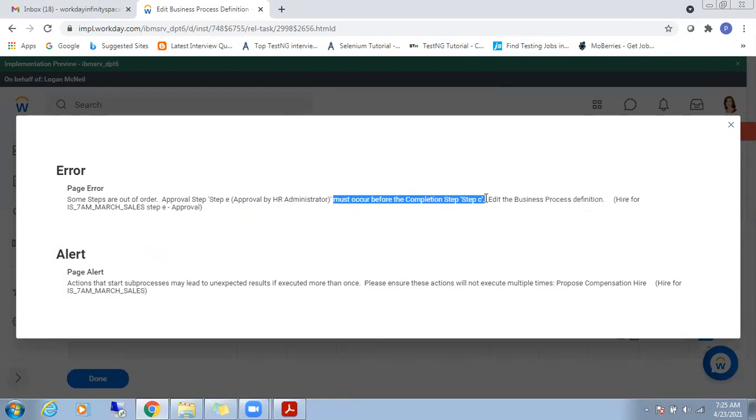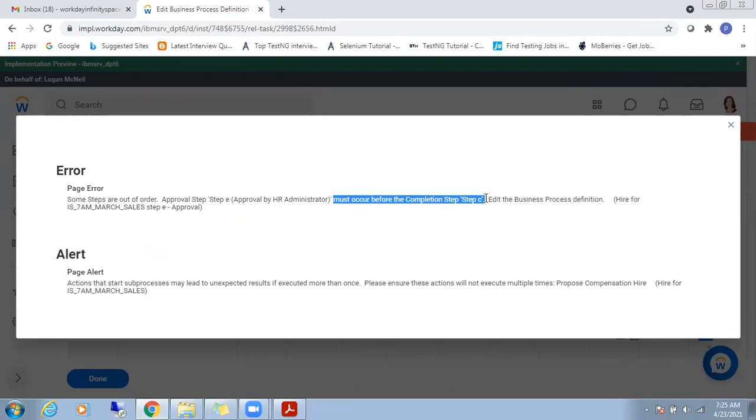The approval step should be on or before the completion step. Remember this point. The approval step should be before the completion step.